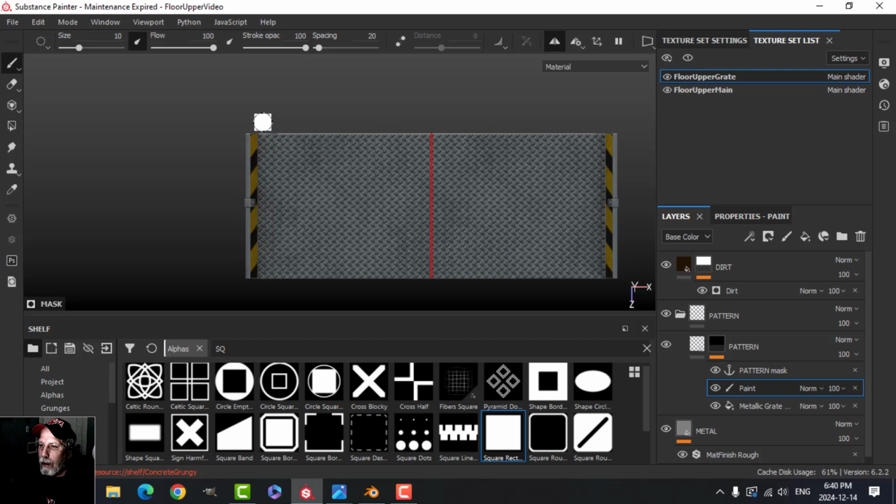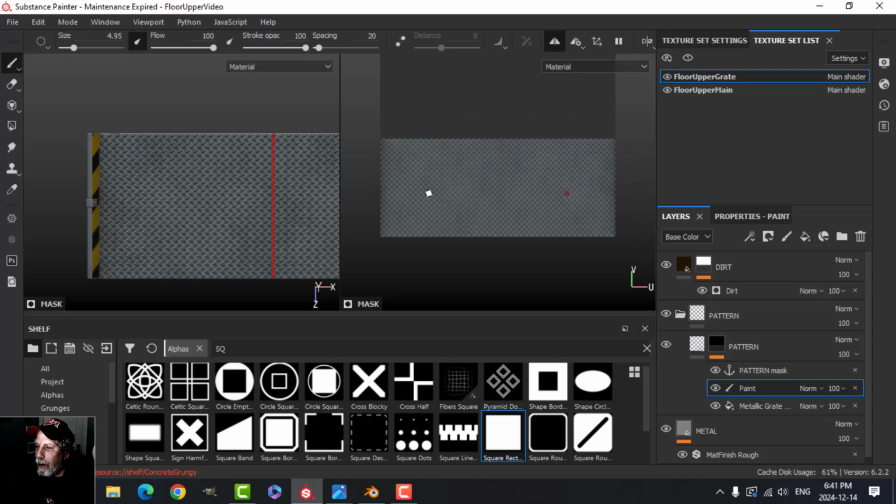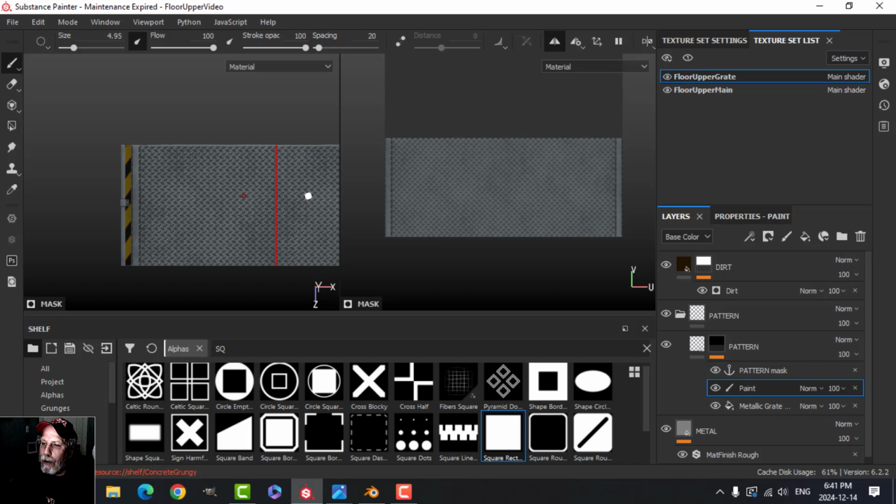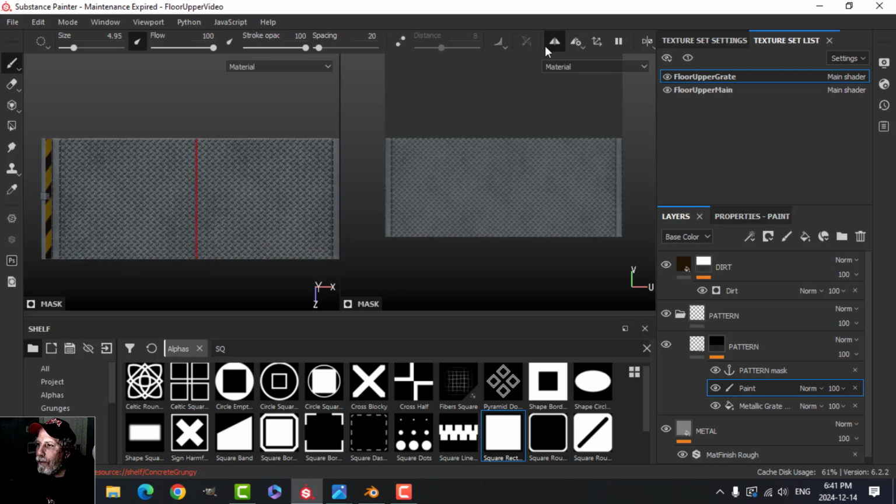Actually, I'm going to do it right here. And I'm going to try to get this the amount that I want. Say I use that. Sometimes it's easier to do this on the actual UVs. And so this is the UV for this. So that's that part. And then if I switch the symmetry now